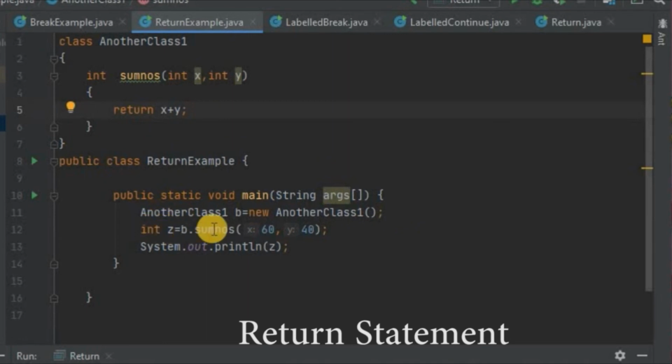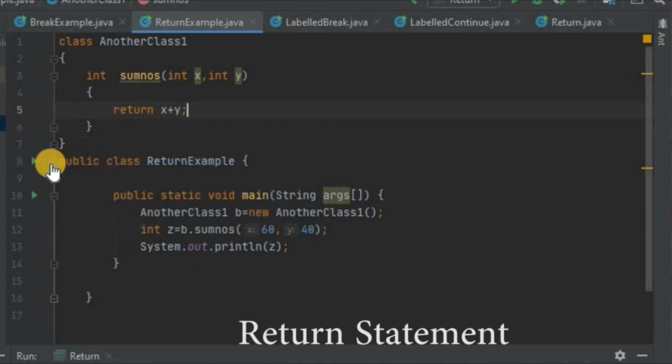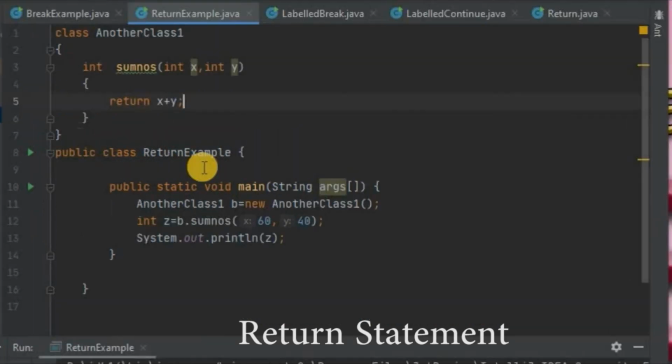We have created an object of AnotherClass1: AnotherClass1 b = new AnotherClass1(). int z = b.sumNumbers(60, 40), System.out.println(z). We will run this program and we will see. So it displays the result as 100.